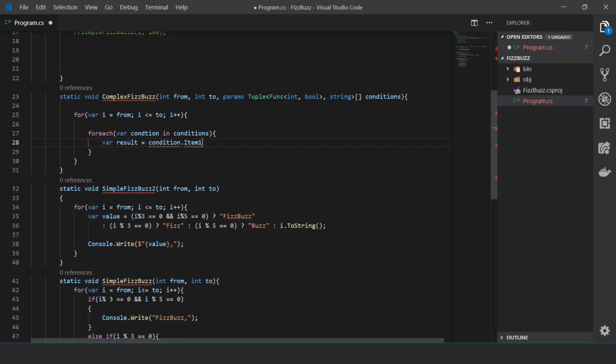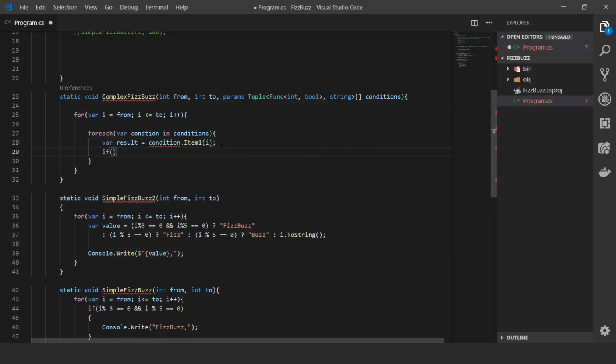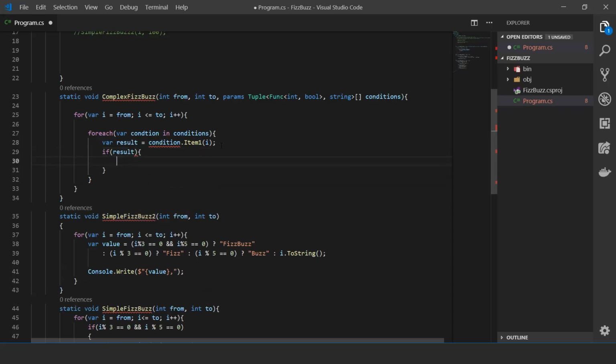Remember, our Item1 is this anonymous function that we will pass as a parameter to our method ComplexFizzBuzz. Item1, and we pass our integer, and we can check if result, that's the boolean, because the Item1 is returning a boolean as a value. If this is true, then we can say